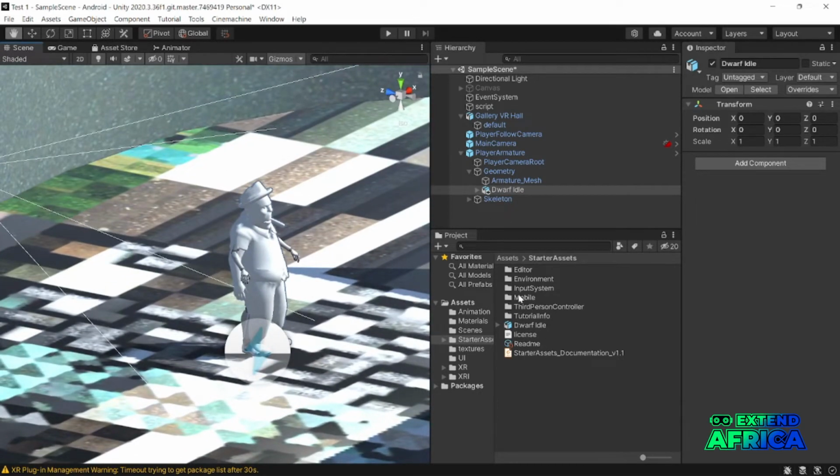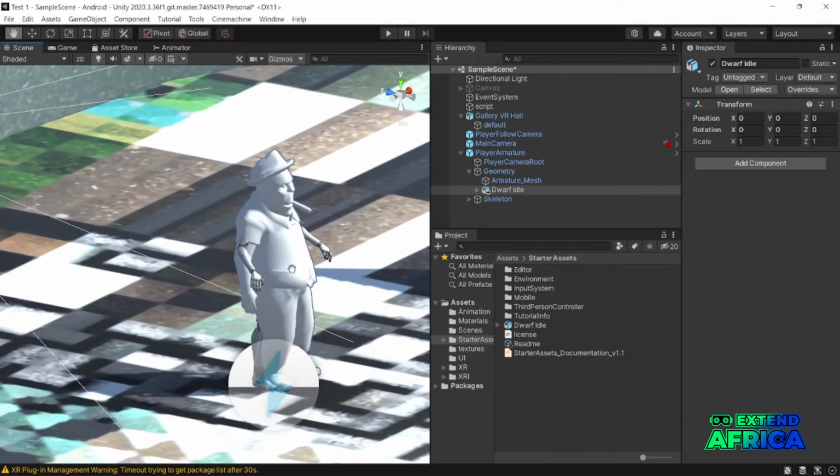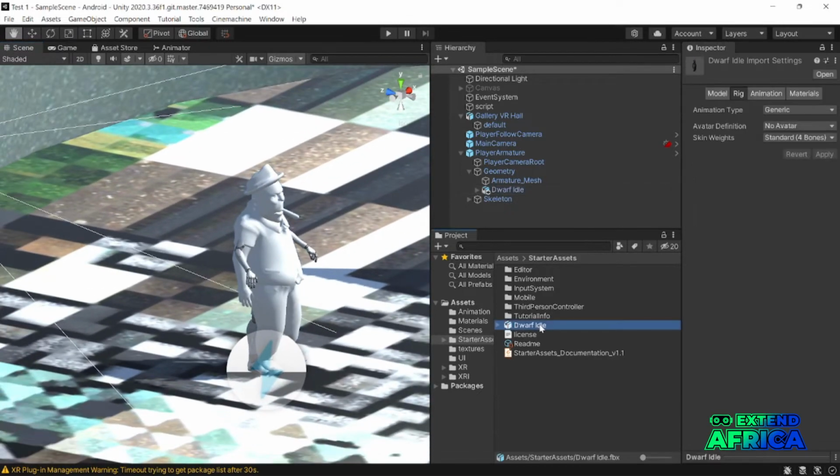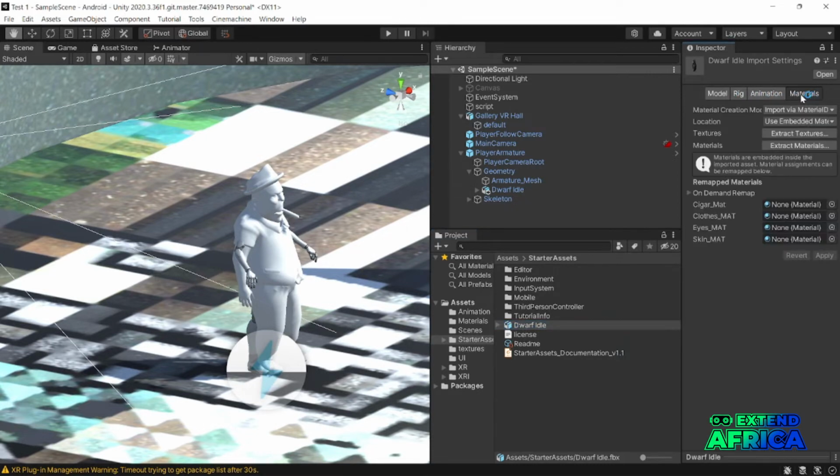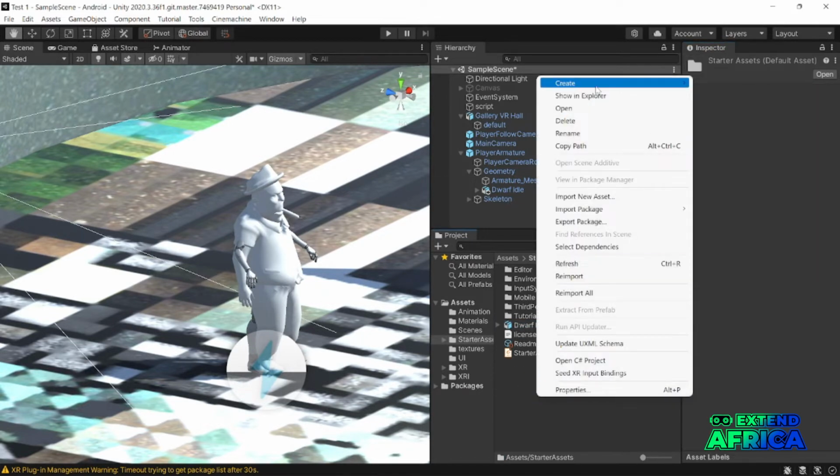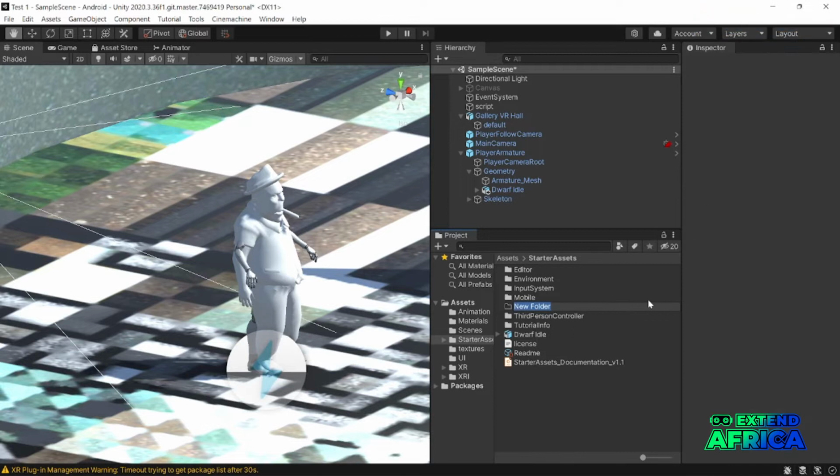So let's extract the texture. It has a texture in it. So click on here. Click in your asset. Click on the dwarf. Click on materials. Let's create a folder for this 3D model so that we don't mess up our assets. So just say model,